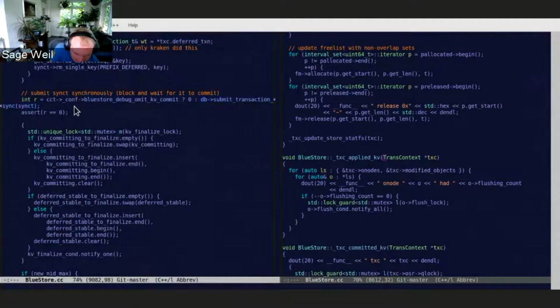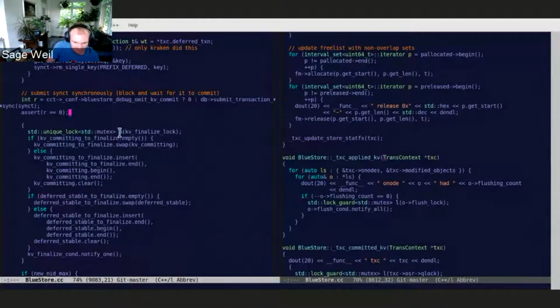So somewhere up here, there's another submit that's not blocking. I'm not really seeing it right now. But basically, we have this whole batch that's all ready to go, and then we push the whole thing through with one that actually has the flag that says RocksDB, you should write this, flush it to disk, and wait until it's actually durable. So this blocks, does a whole bunch of work in RocksDB, and when it finally returns,